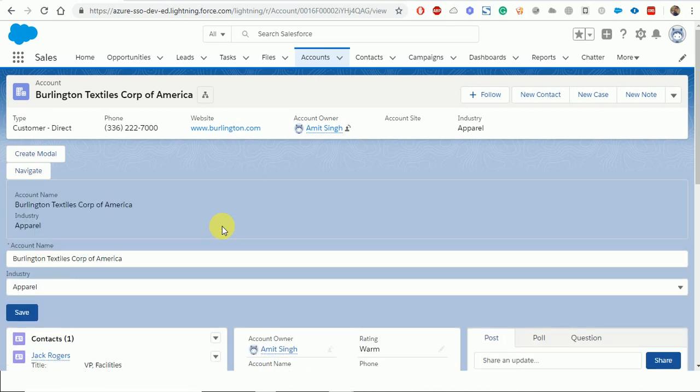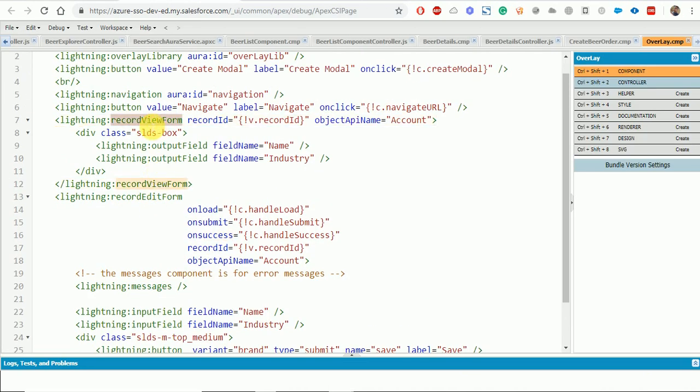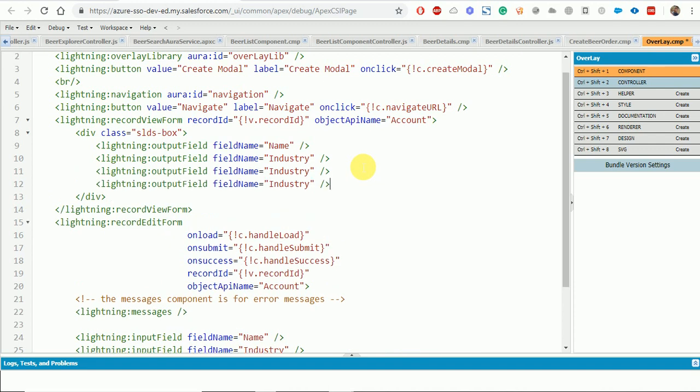You can see we are able to see the information with the name. What we did, we just put lightning record view form, provided the record ID, whatever record we wanted to show the information, and then in the lightning output field we just use the field name, whatever we wanted to display over here. We can also put like rating, SLA,